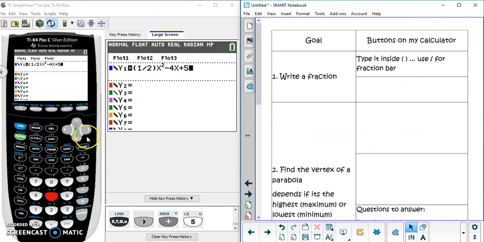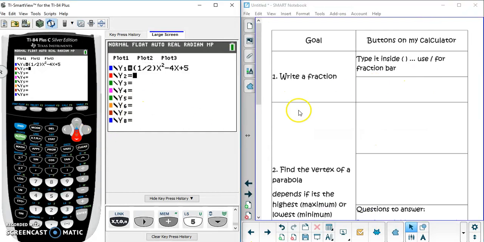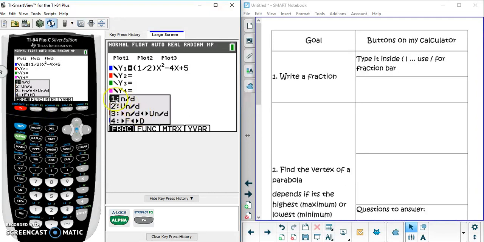Other calculators, though, are slightly newer and do have some built-in features. So I'll show the key press history on this. I'll copy it over, and then you should be able to see it here. So if I wanted to actually format the fraction so it looks like a fraction, I can hit the alpha button, and then above y1 in green is F1. So since I've hit the alpha, I've activated the green commands. So I want to hit F1 up here, so I hit the y equals button. And you'll notice that option 1 looks like a fraction, n divided by d. So if I hit option 1,